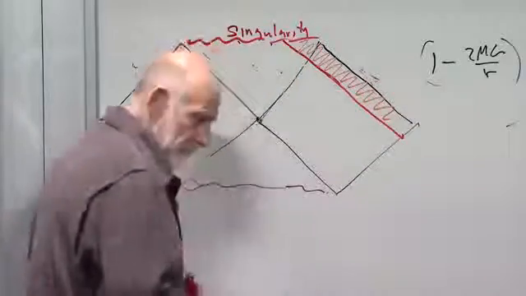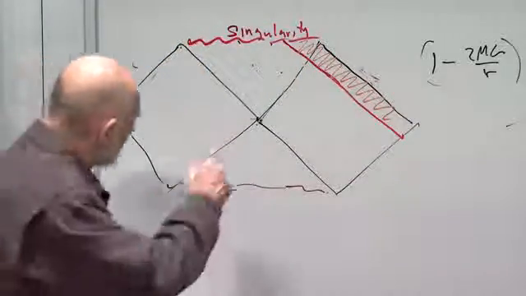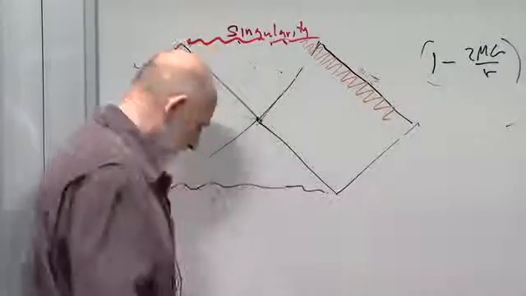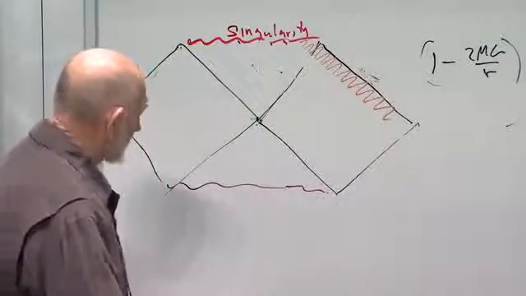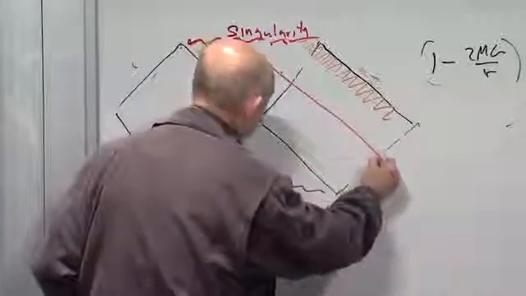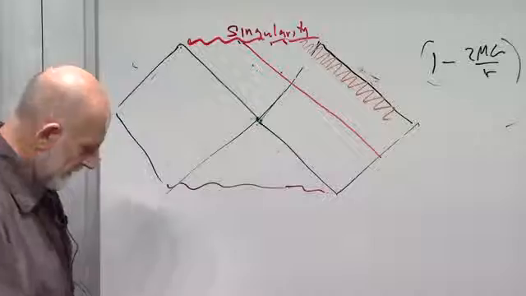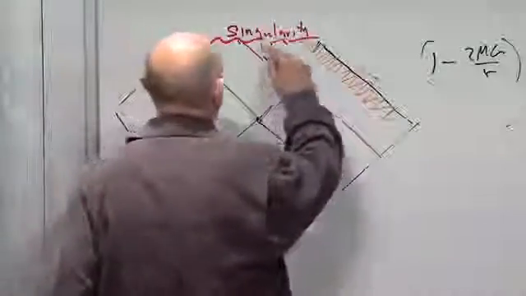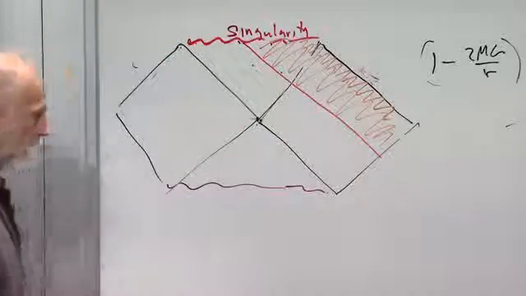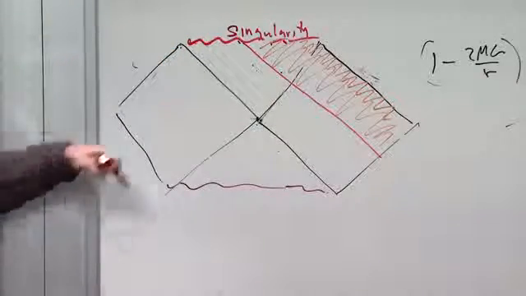We can make it a little bit bigger. I didn't mean to slice it so thin. That just means the shell starts in earlier. The orange part here is the correct description of the space-time of the infalling shell,